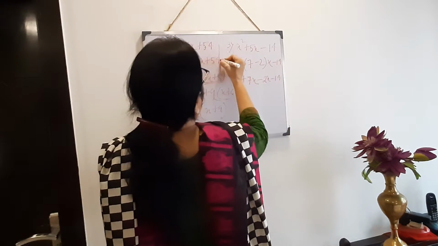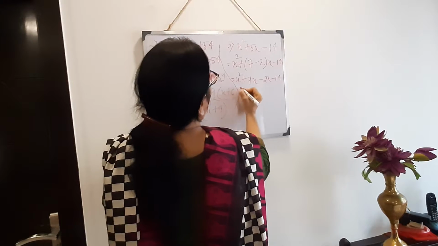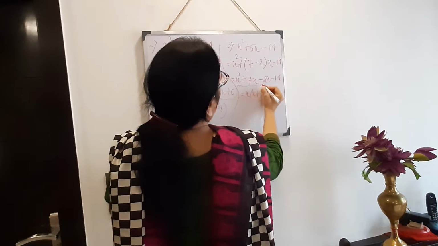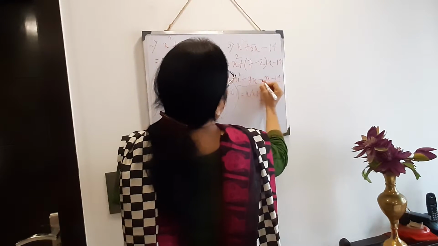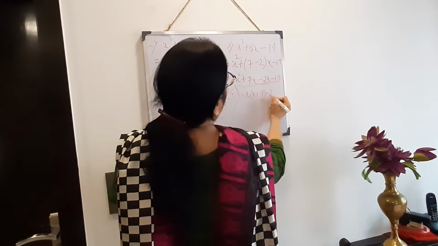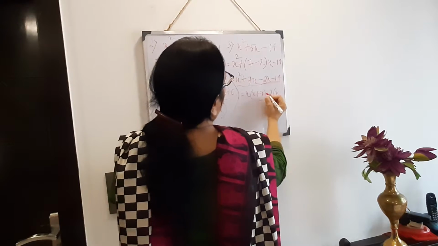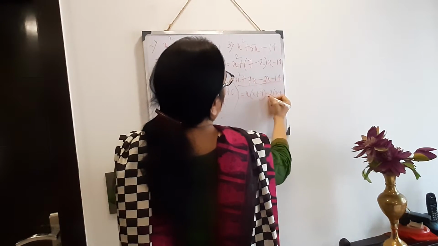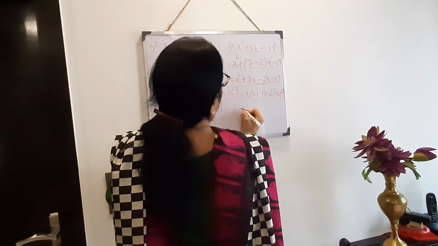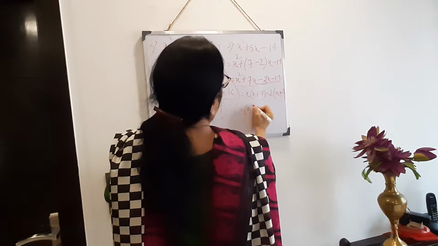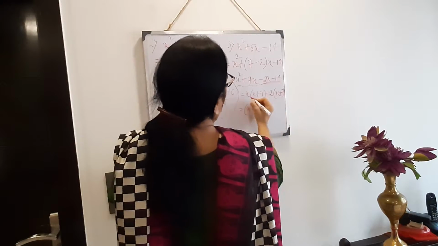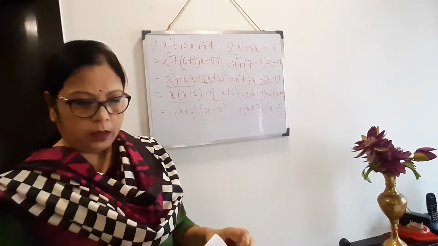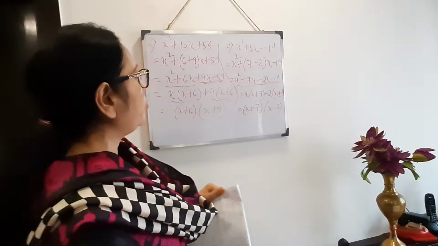Now when you take common, also see. From this, you can take x common. And from this, minus 2 common. The minus sign is also common. Minus 2, so it is becoming x. Minus, I have taken common, so minus minus plus, and 2 taken common, so it is 7. Now from these two, x plus 7, and what is left? X minus 2. So I think you have got the difference between these two.